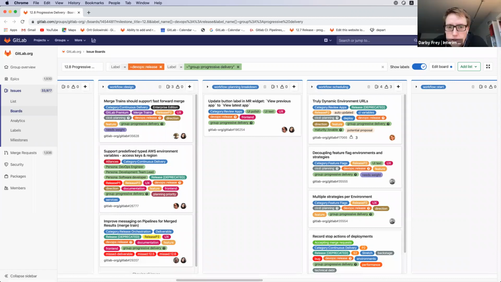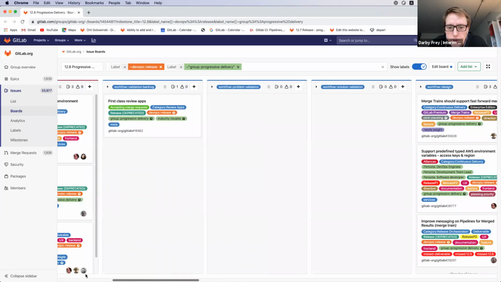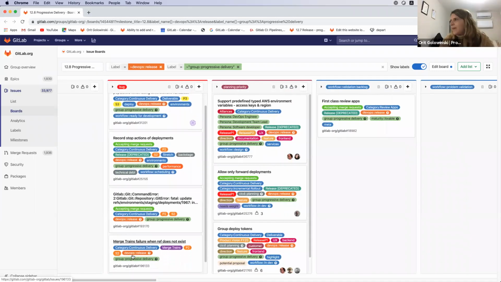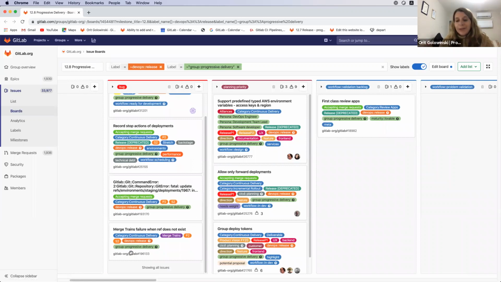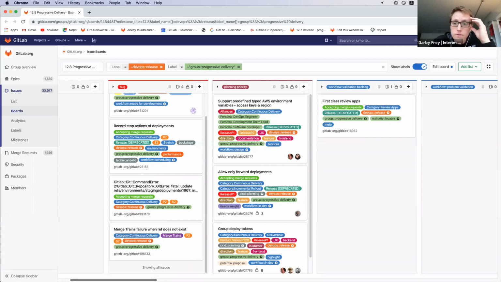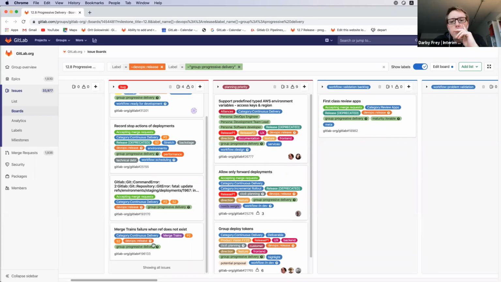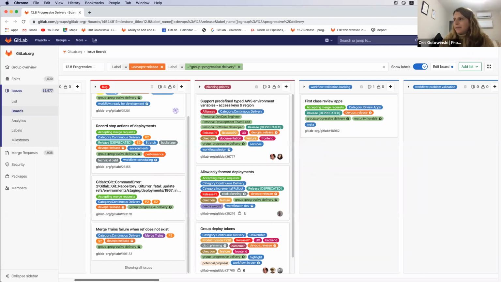I have a quick question. Go ahead. In the bugs column, I only see 1 merge trains bug. I know we had 2. Maybe I didn't press enter when we did the milestone, but there should be 2 merge trains because we just talked about it like maybe 10 minutes ago. So maybe I'll find the other one and make sure that it's in 12.8. Yeah. Okay. Maybe it just doesn't have a bug label or something silly.